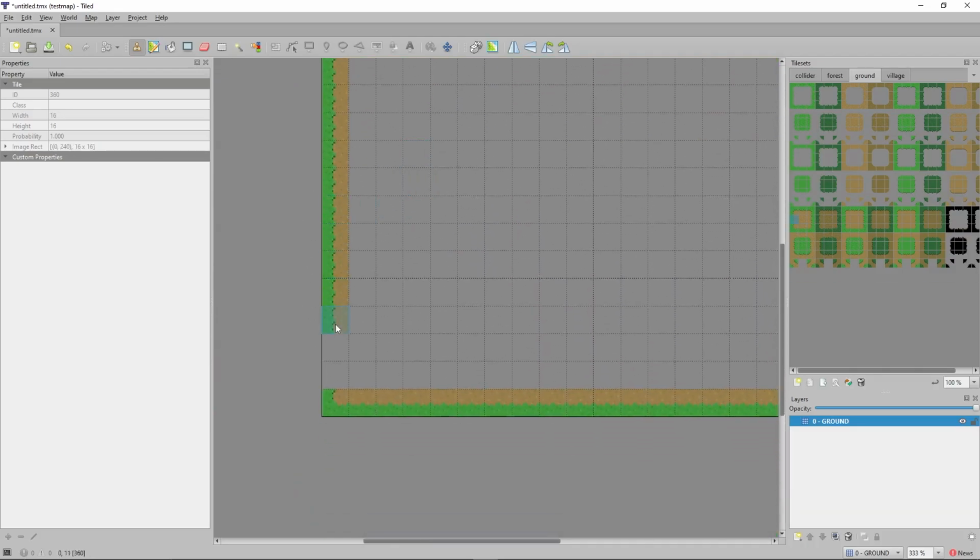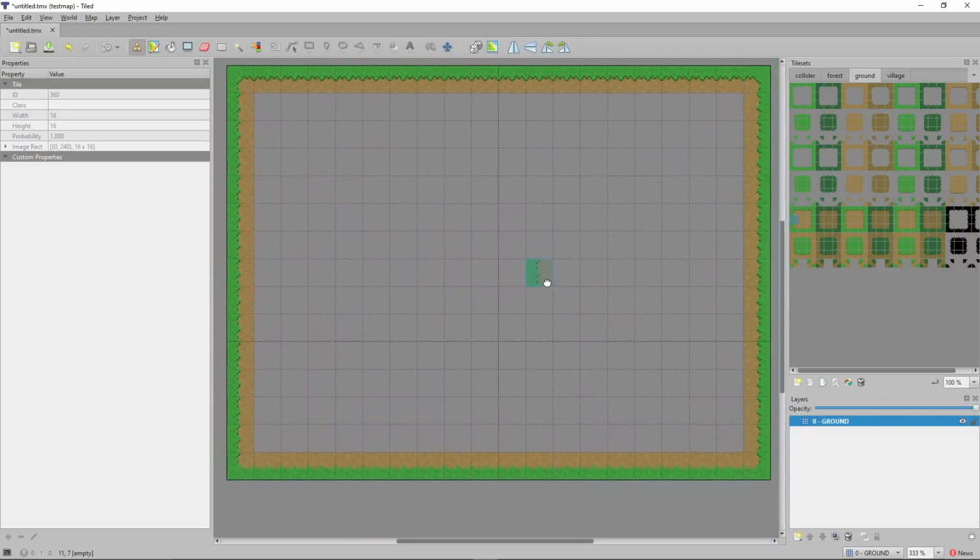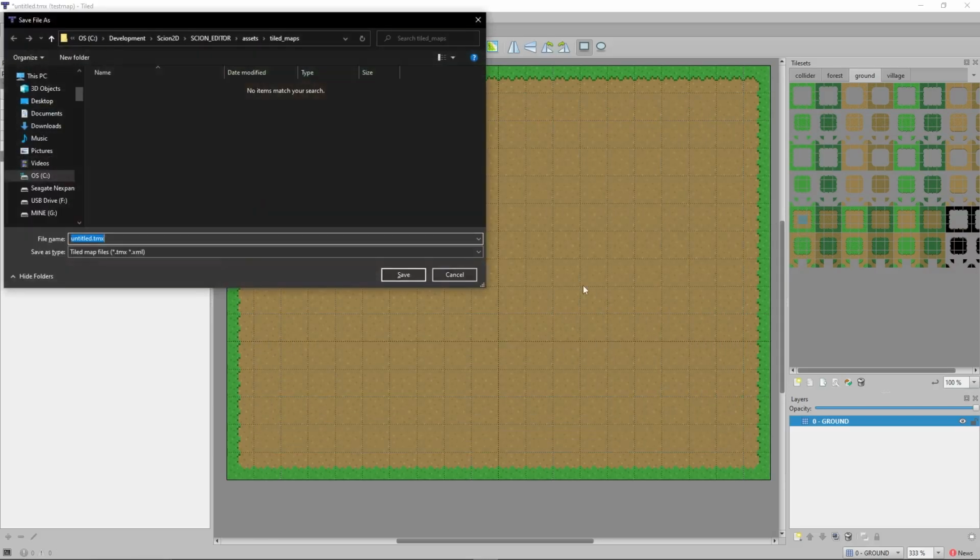Now, if you've used Tiled before, it has lots of features. We're not going to go into all the features of Tiled. We're just going to make a quick map. Then here, the shape tool, select the center, and just open this up. Cool. So we have that. Let's do a quick save. And we want this to save in our tiled maps, and we'll call this test